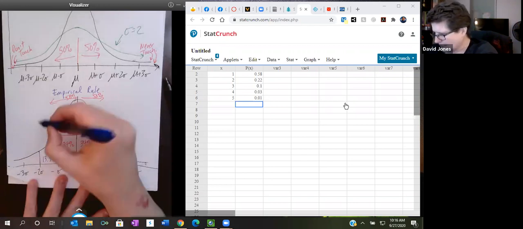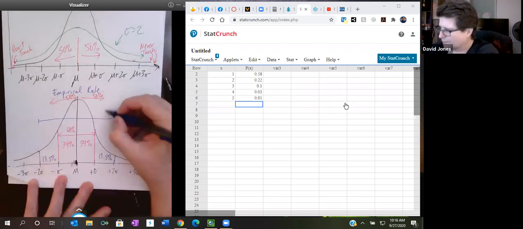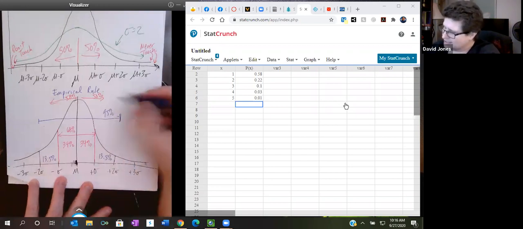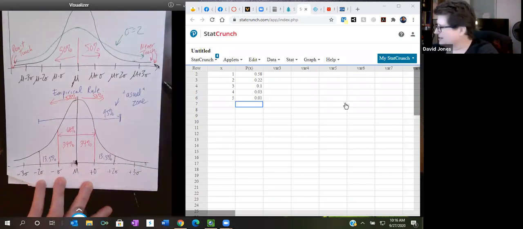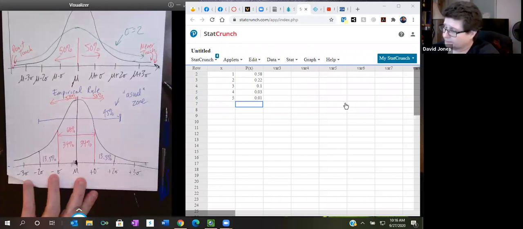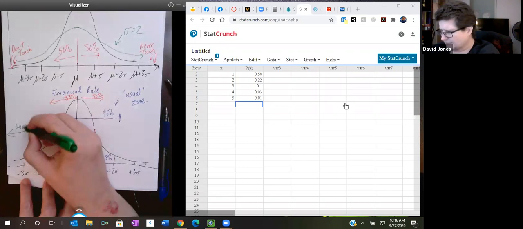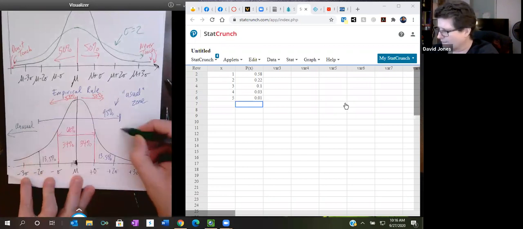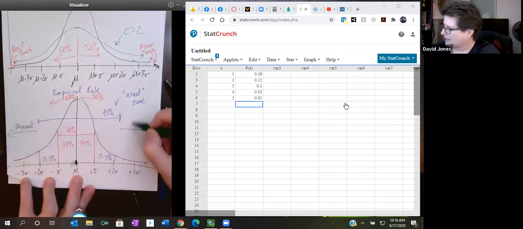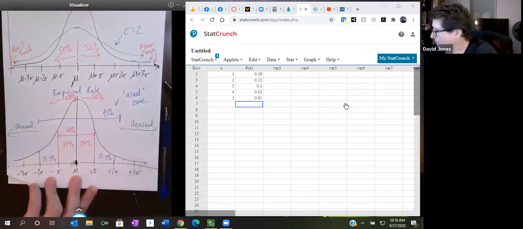And so between these two, this is 95%. And this is our usual zone. We categorize data as being in a usual area or expected area, or unusual zones are outside of it. If data is unusual, it's not like the mean at all. It's far away from it, and we call it unusual. It's the outer part,